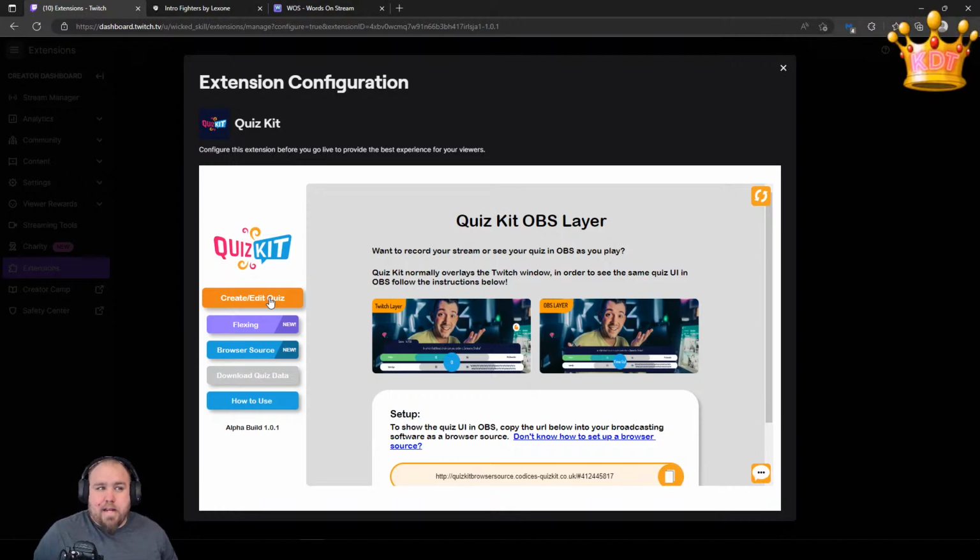If you're doing like a just chatting screen, you can ask questions throughout your stream, because you don't have to do it back to back to back. So you can wait to go to the next question, and you can actually have your just chatting screen be talking, having a good time, and you can ask questions periodically through the stream to keep people interactive throughout your entire stream.